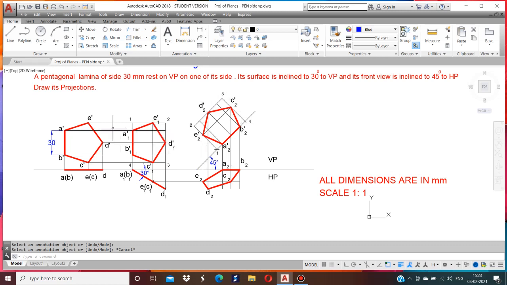Now you have to transfer all these points A1 dash, B1 dash, C1 dash, D1 dash and E1 dash to the inclined line. Now here in the 1 4 only this A1 dash and B1 dash lies in the 1 4 line. Now from 1 to A1 dash measure using your compass. From 1 as center cut an arc, mark as A2 dash, and also from 4 to B1 dash, from 4 as center cut an arc, mark as B2 dash.